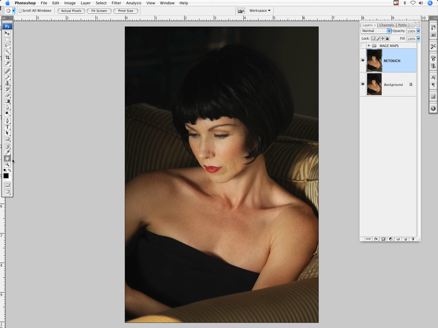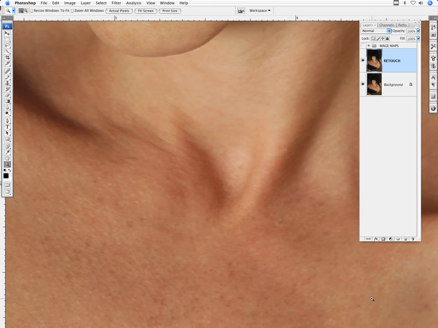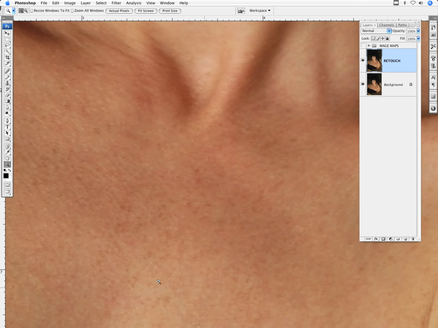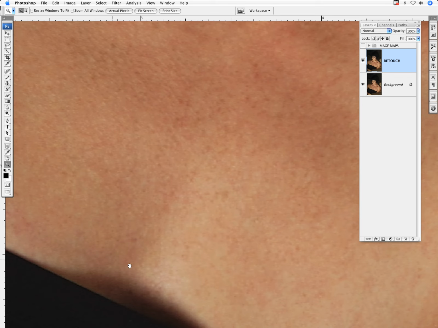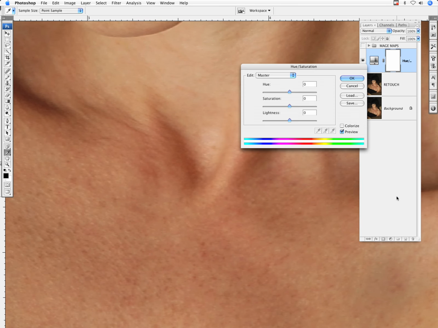So let's first start with the hue and saturation adjustment layer. What I'm going to do is zoom in to the area of issue, and as you can see here, I have a redness to the whole area here, over here, in here, and I'm going to create a hue and saturation adjustment layer, and since it's red that I'm looking at, I'm going to select reds, and you'll notice that this eyedropper is sampled, or is selected automatically. So I'm going to come in here, and I'm going to pick the most offensive red, which